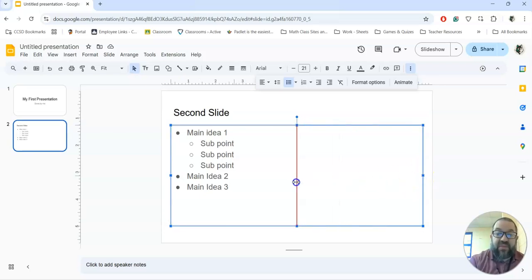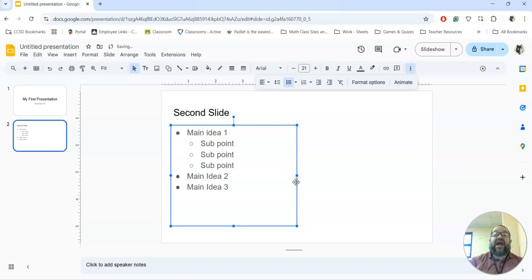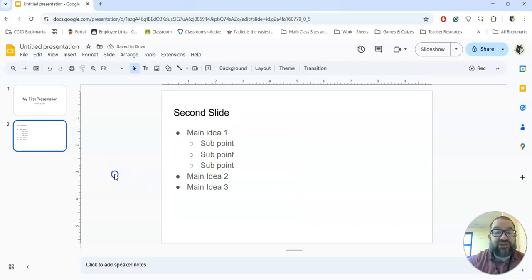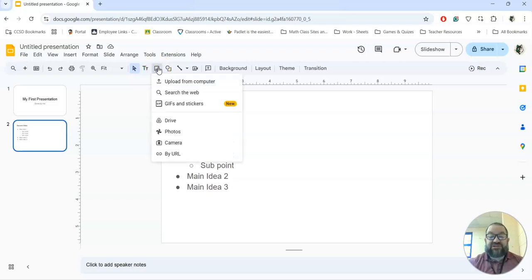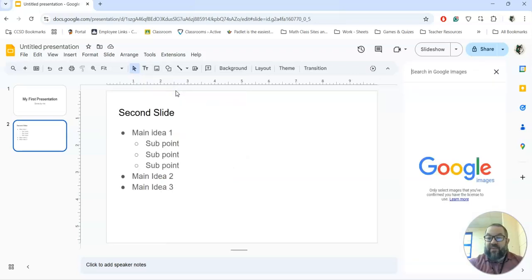Now, if I wanted to, I could tell Slides, hey, I want to input, say, an image. And to do that, I'm going to go ahead and insert an image, and it's going to ask me, what do I want to insert? Do I want to upload from my computer? Do I want to search the web? Do I want to access my Google Drive? Well, let's just say I wanted to search the web, and we were just talking about baseball. So let's look at